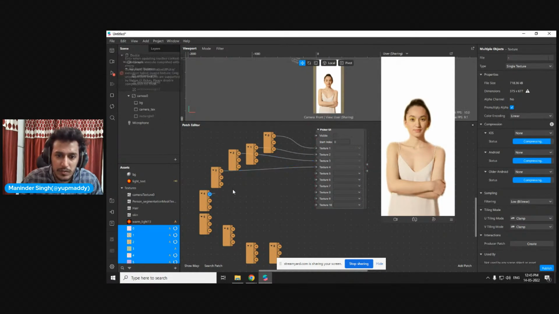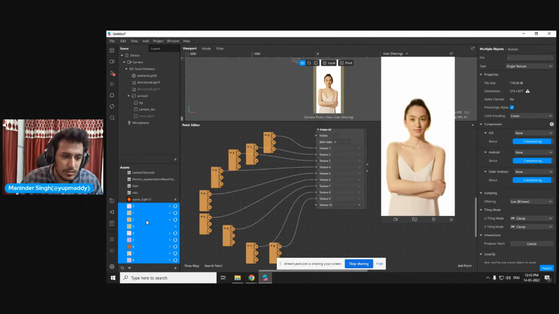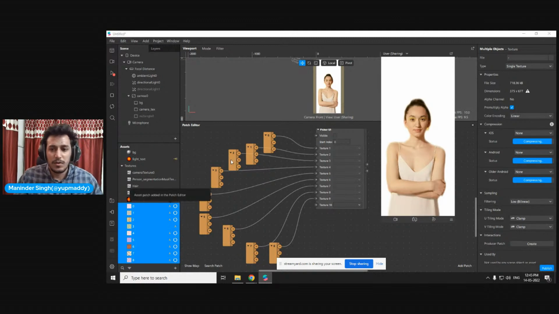Right now it is giving an error because it is compressing the texture, and texture compression is very slow. Okay,